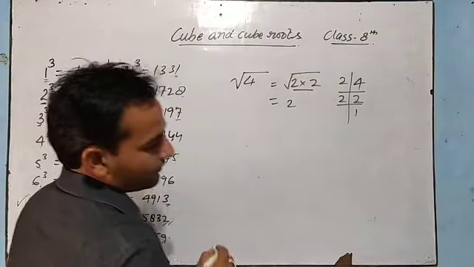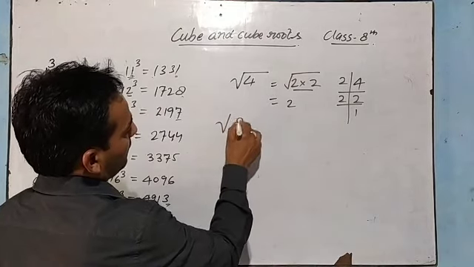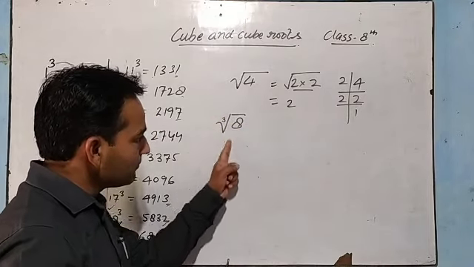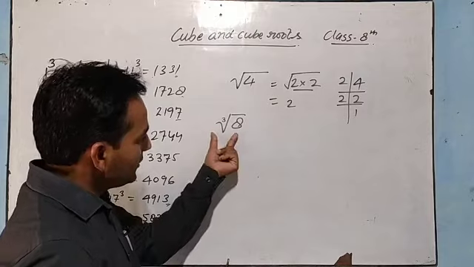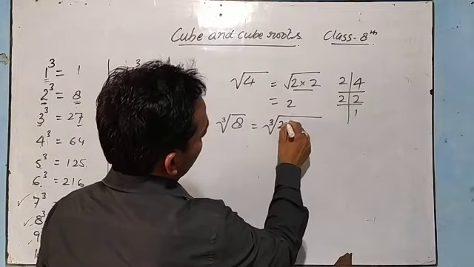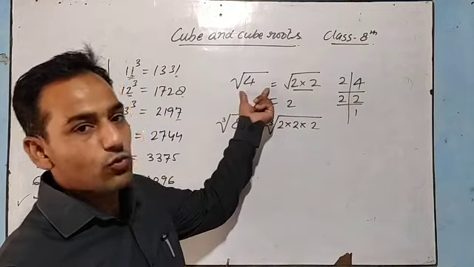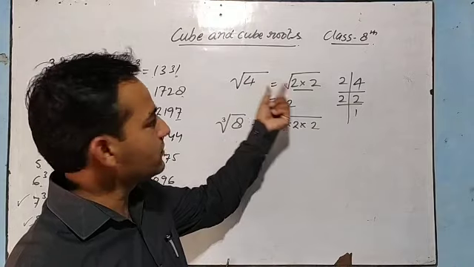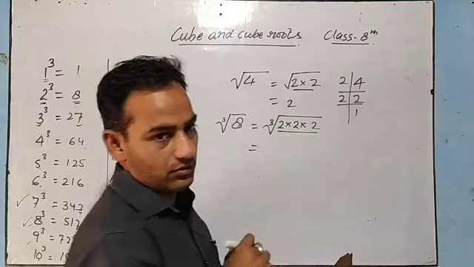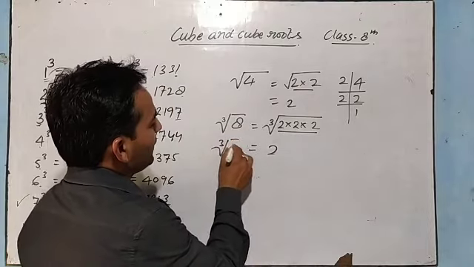In the same way, while getting the cube root of any number, listen. Cube root means we have to put a 3 here, inside this. This means we have to find the cube root. So we will write 2 multiplied by 2 multiplied by 2. Now in squares and square roots we were getting the pair, and in cubes and cube roots we will make the triplet. So 3 2s are there, so one 2 will come out. So the cube root of 8 is 2.